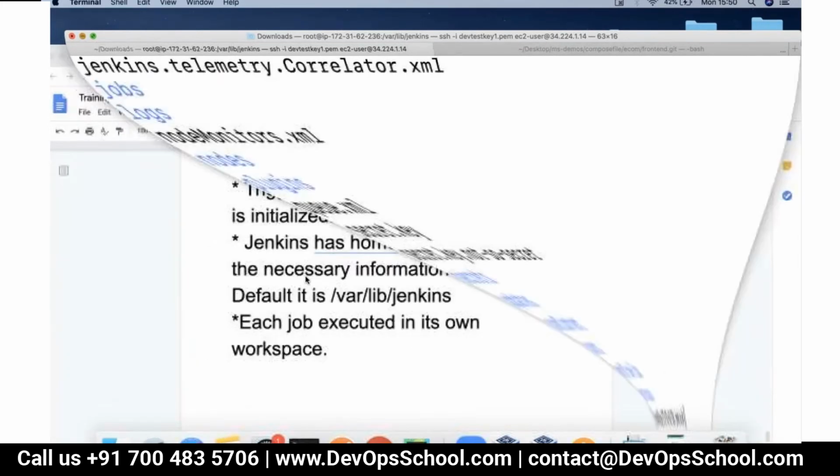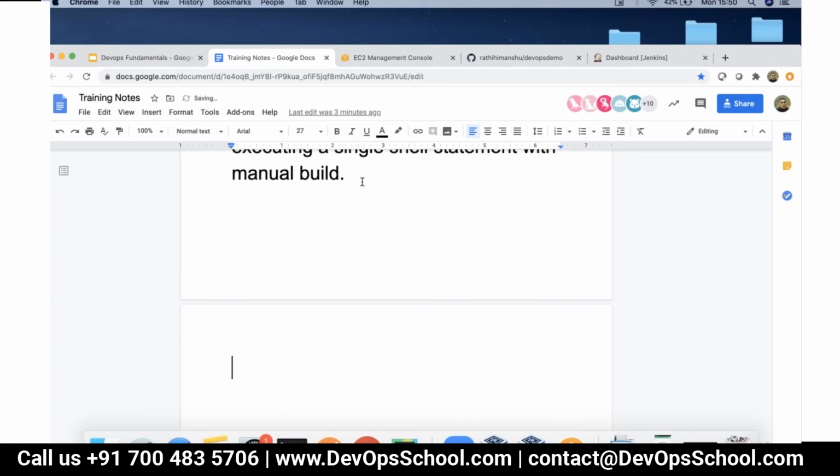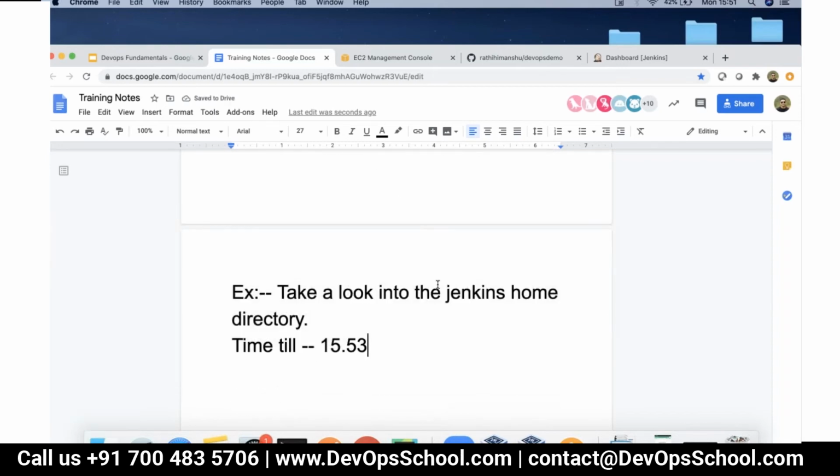So just know about these files. Okay, so do one thing, take a very quick look into the Jenkins home directory. Understand how the workspace and the other directories are listed there. Go to the users directory, you will see the user configuration file and some of the other parameters. We'll talk about how we can add users and work with them. Right now, your Jenkins instance has only one user.